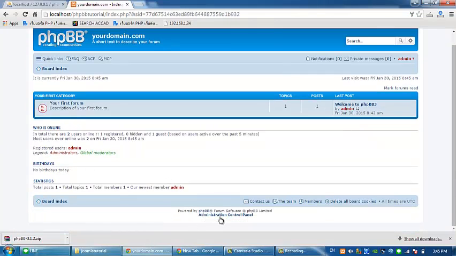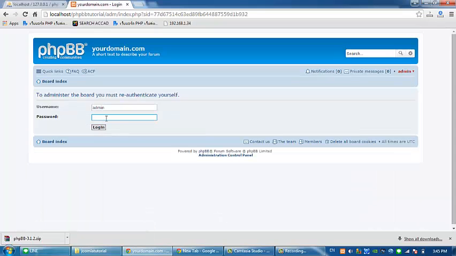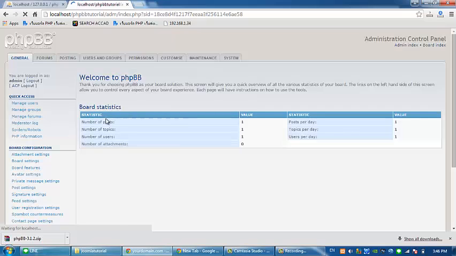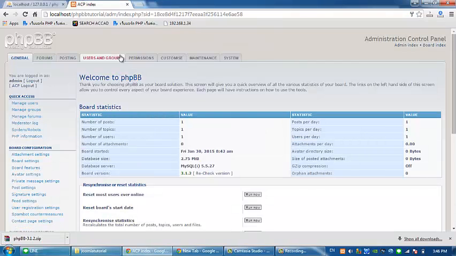And then you can click this one, Administration Control Panel, and this is a confirmation that you are surely the administrator. So now you will be redirected to the administrator page. That's all.